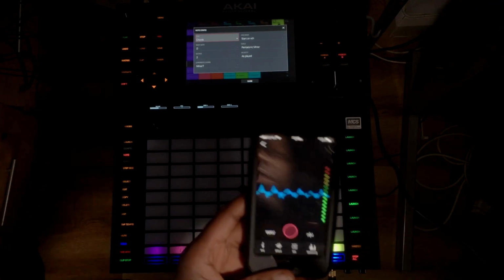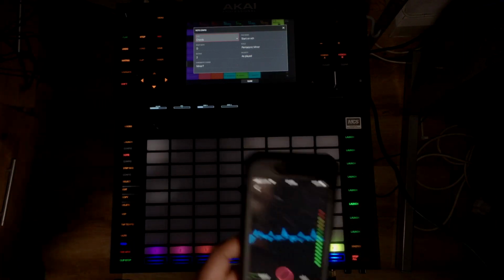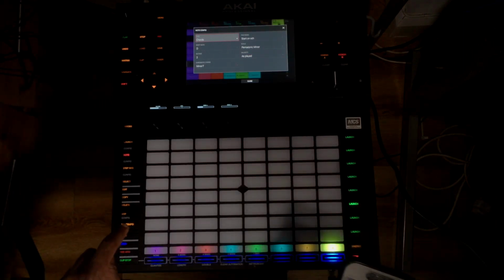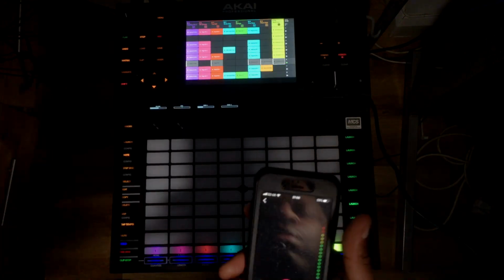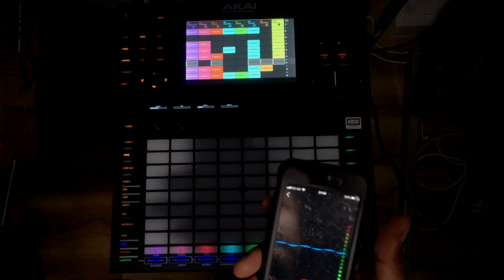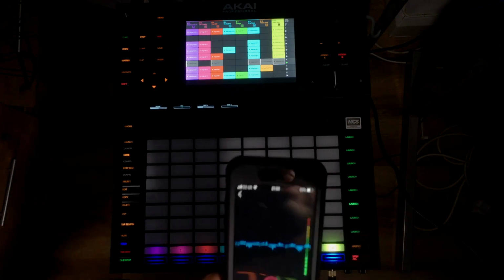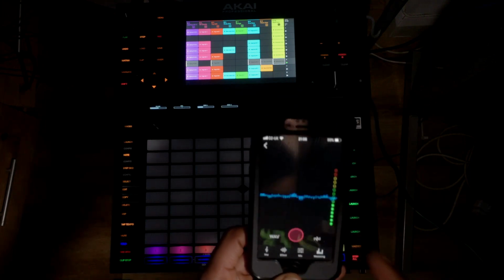It would probably be cool if this had a click, but because I knew if I stopped it in time, it would probably work, and it did, because this is 97 BPM, and it read this file as 97.22. How I exported it from here was I sent it to myself, and then I had to convert it